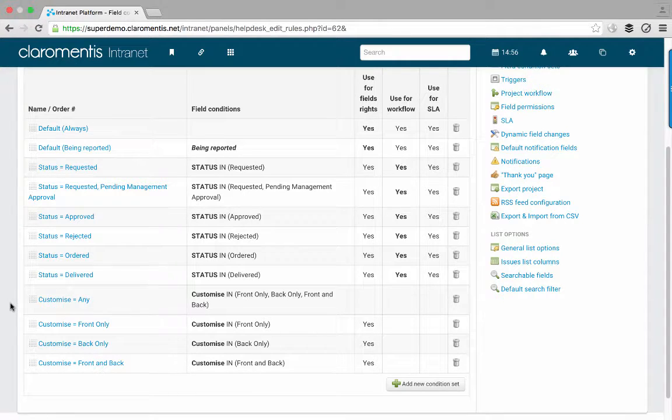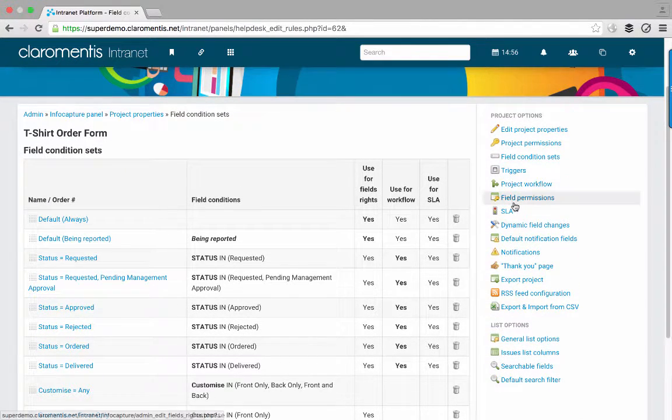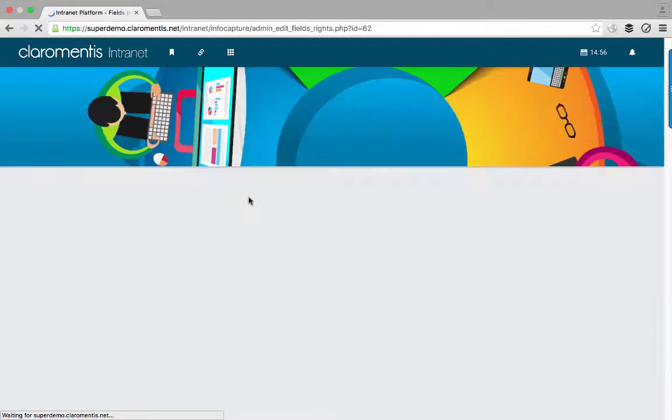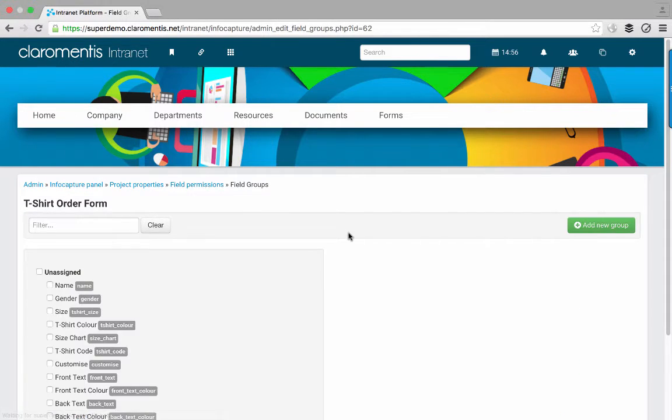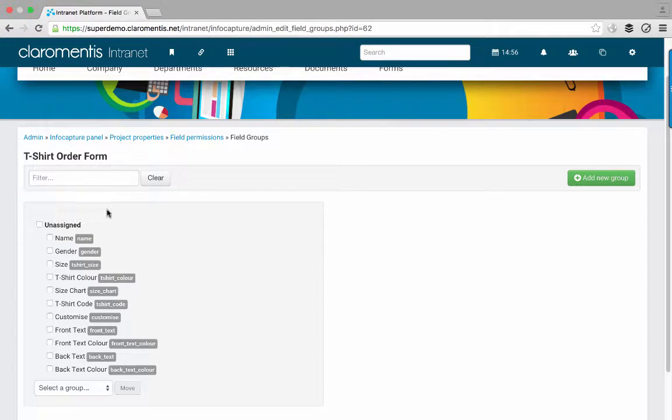So now what we'll do is we'll dive into field permissions where we can have a look at how we go about using these rules. So let's click field permissions over on the right hand side. Now the first thing that we need to do is group together the front customization fields and then in a separate group the back customization fields, and that will allow us to put rules on those fields. So let's click on Manage Groups. So we can see that at the moment all of the fields within the form are sitting in this unassigned